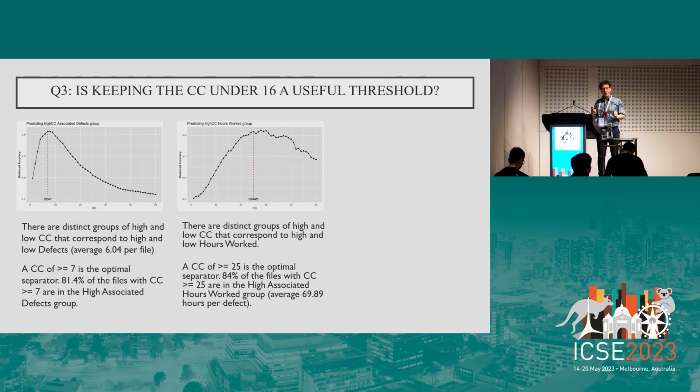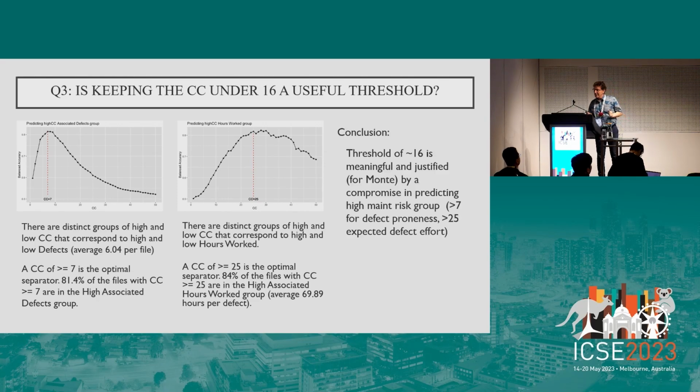7 and 25. Anyone notice anything interesting about those two numbers? The average is 16. Somebody thought about this, or they got lucky. But it turns out that this seemingly arbitrary number in the NASA policy is in fact strongly empirically supported by the data. And it does seem like a perfect compromise between